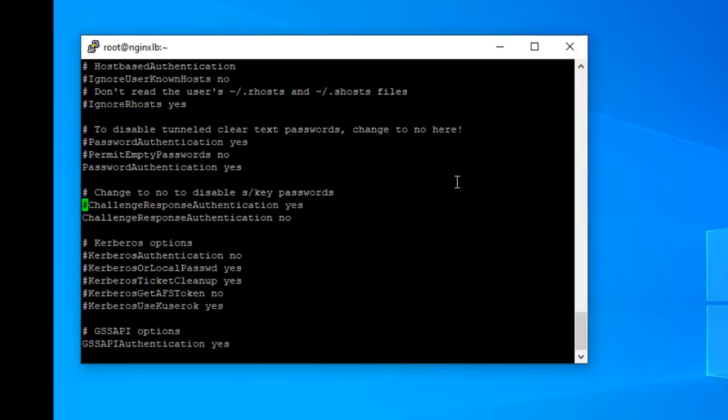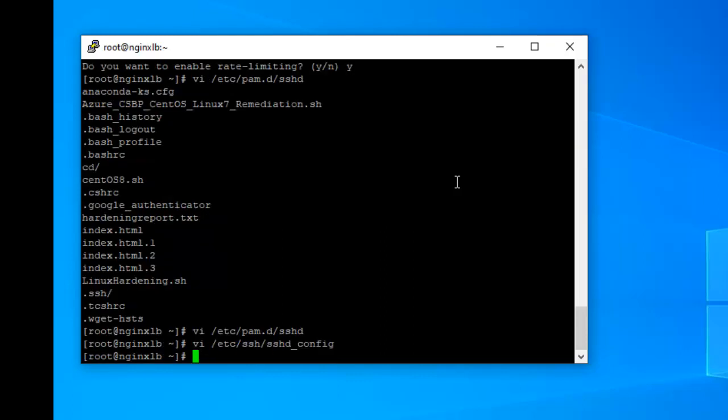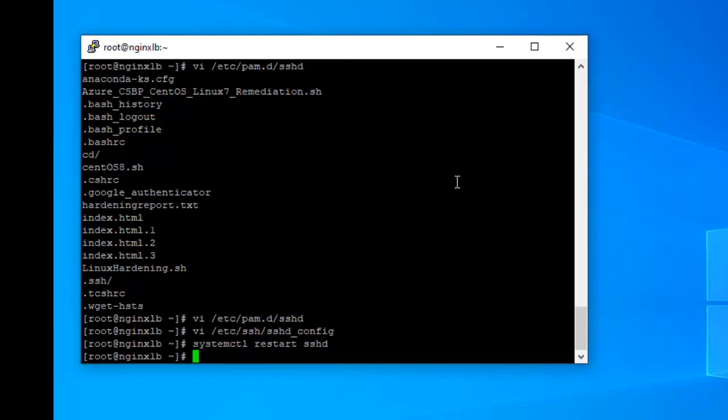I just uncomment this line and comment the other line, then :wq to save, and restart the SSH service: systemctl restart sshd. Restart the service, and verify SSH by using two-factor authentication.